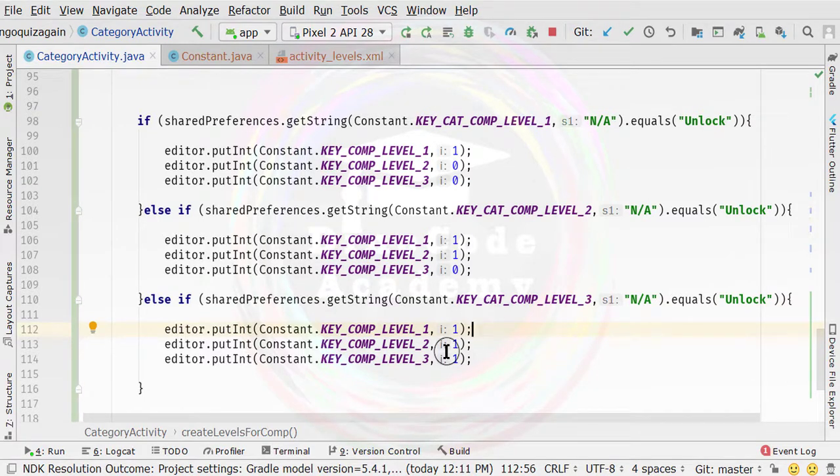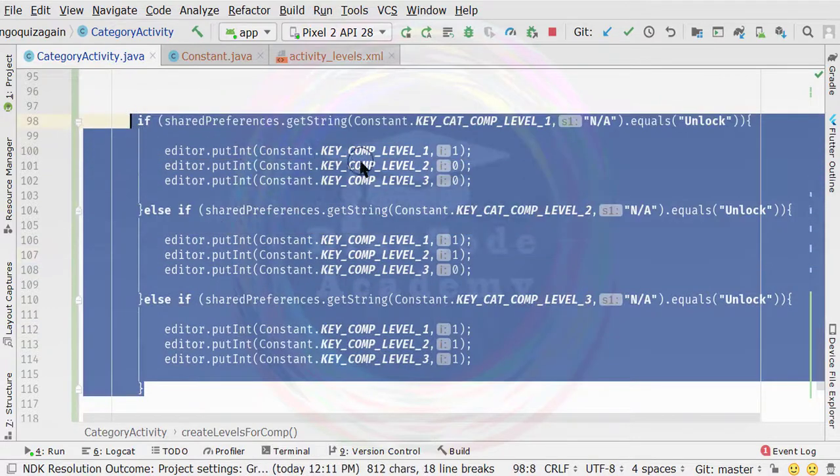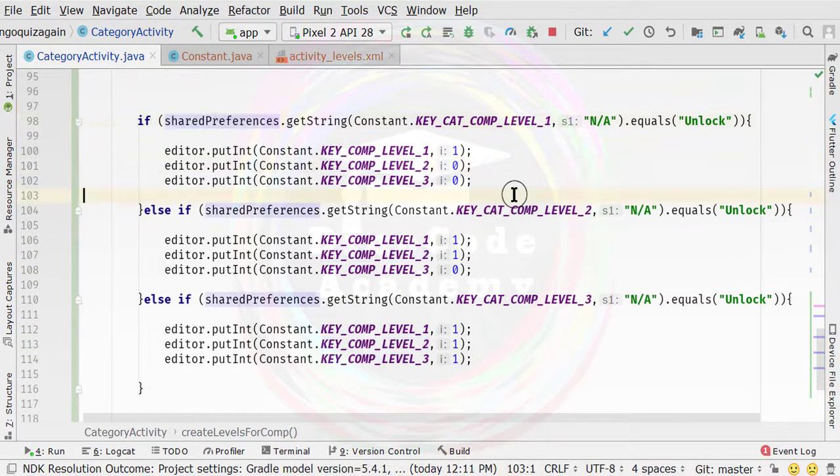Through that you will get it, because I already told you that this particular quiz application is difficult to integrate. Difficult means, in order to add categories plus levels inside one quiz application, which is an offline quiz application, because I'm not using Firestore. If you use Firestore, it becomes easy for us to get the data, and we can update the data very easily inside the Firestore. It's an online database, it has a lot of advantages. But with SQLite, we need to use two storage techniques. I'm using a shared preference, and also we are getting the data from the SQLite database. So that is the reason you can't apply all the things. We already did the fetching of the data from the database through the levels, but to add level lock and unlock functionality, we need to use the concept of shared preference.